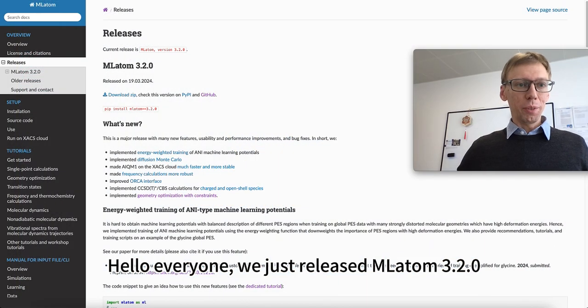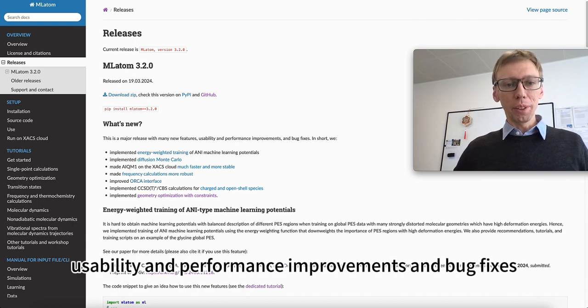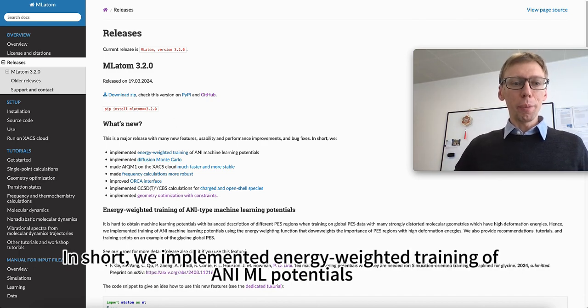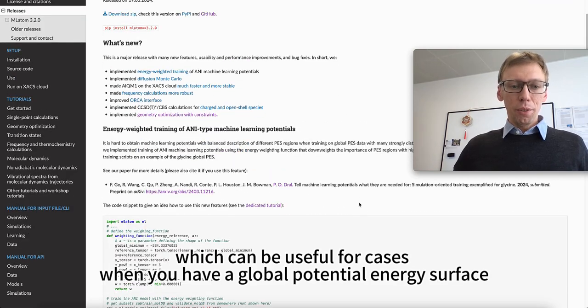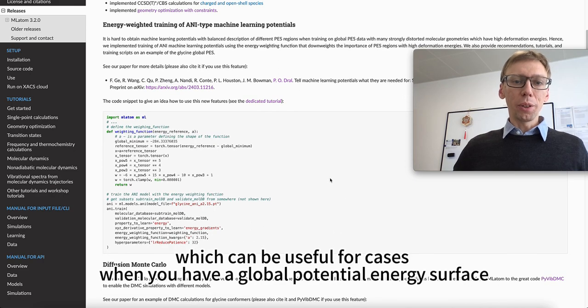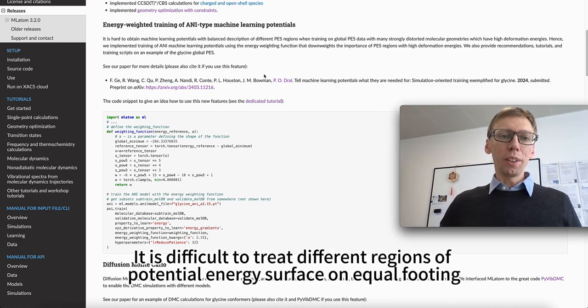Hello everyone, we just released MLatom 3.2.0, which is a major release with many new features, usability and performance improvements, and bug fixes. In short, we implemented energy-weighted training of any machine learning potentials, which can be useful for cases when you have a global potential energy surface and it is difficult to treat different regions of potential energy surface